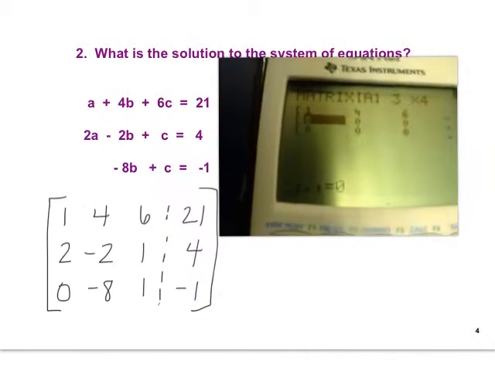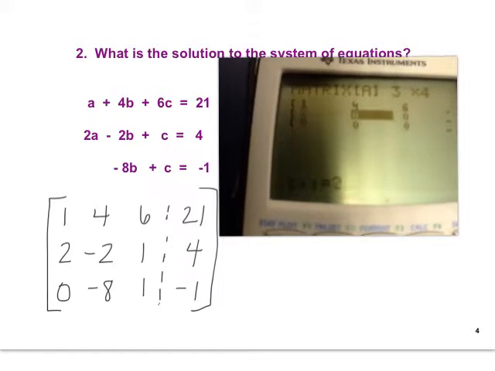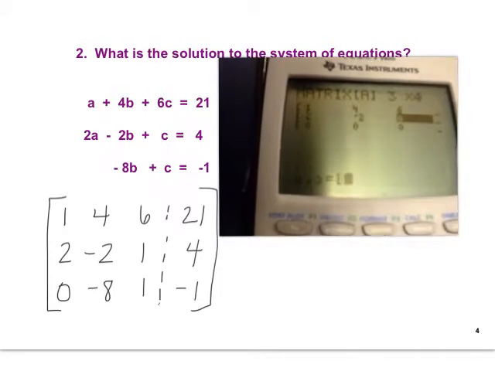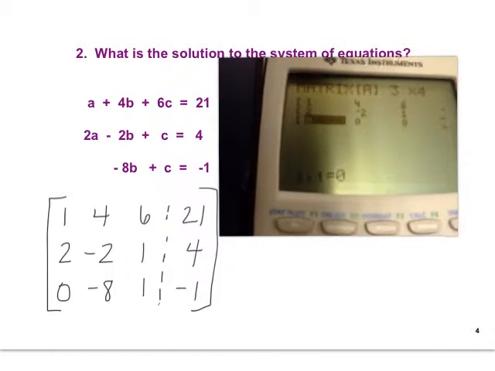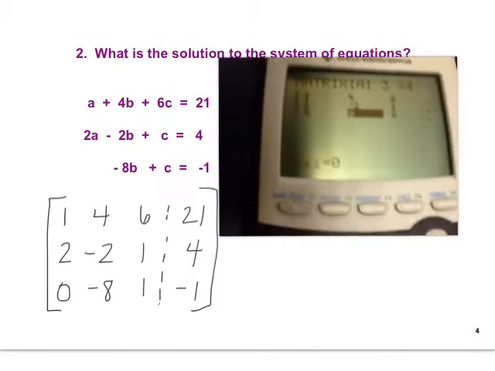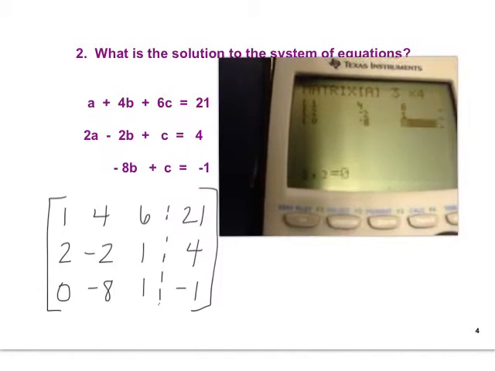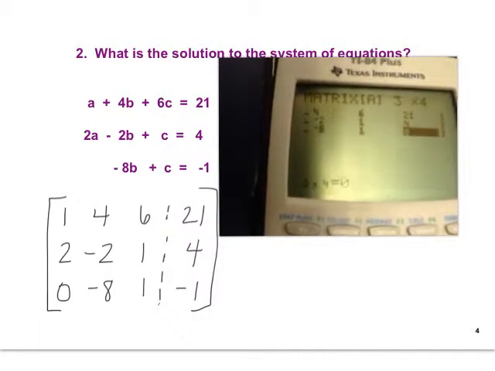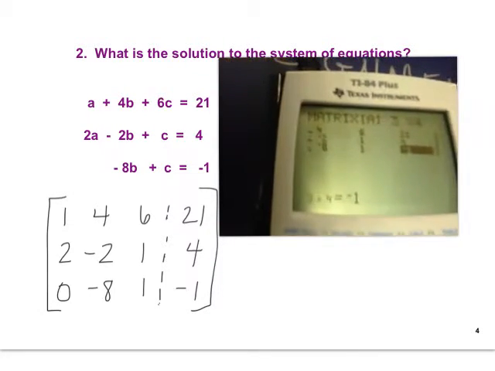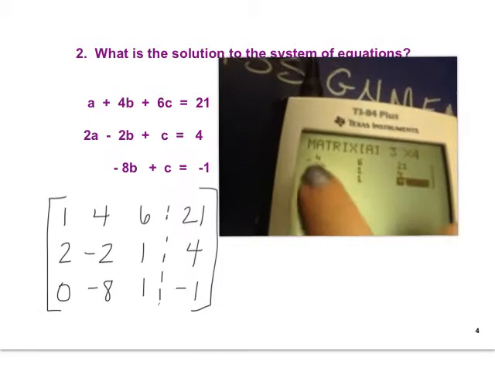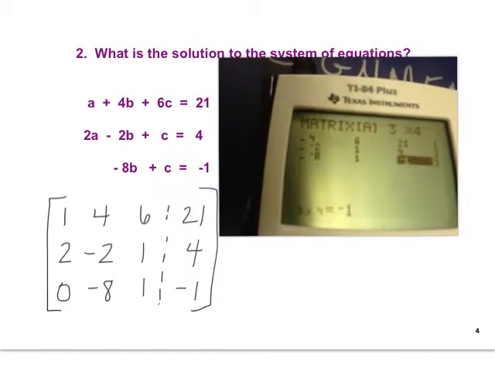21, enter, and then it goes to the next row. 2, enter, -2, enter, 1, enter, 4, enter, and then my last row, 0, -8, 1, and -1. So once we put that into a named matrix, matrix A, I'm going to go back to the home screen. Second,